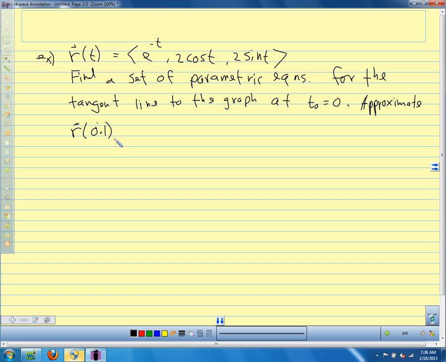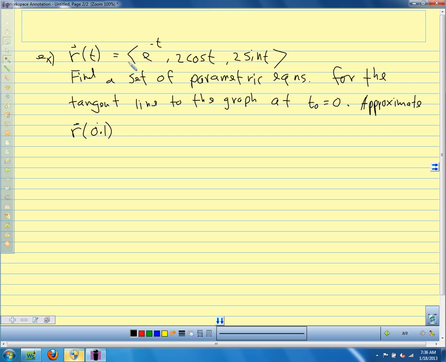So this is exactly like we did back in Calculus 1, where we said we want to write the equation of the tangent line to the graph at a particular time. So because we're in 3 dimensions, we have to find a set of parametric equations for the tangent line. First off,